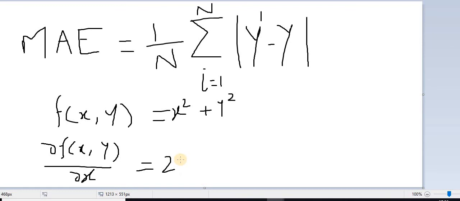dy by dx of x raised to n is n x raised to n minus 1. So when this function is differentiated with respect to x, it is 2x. At that time, y is a constant, and when this function is differentiated with respect to y, so the function is